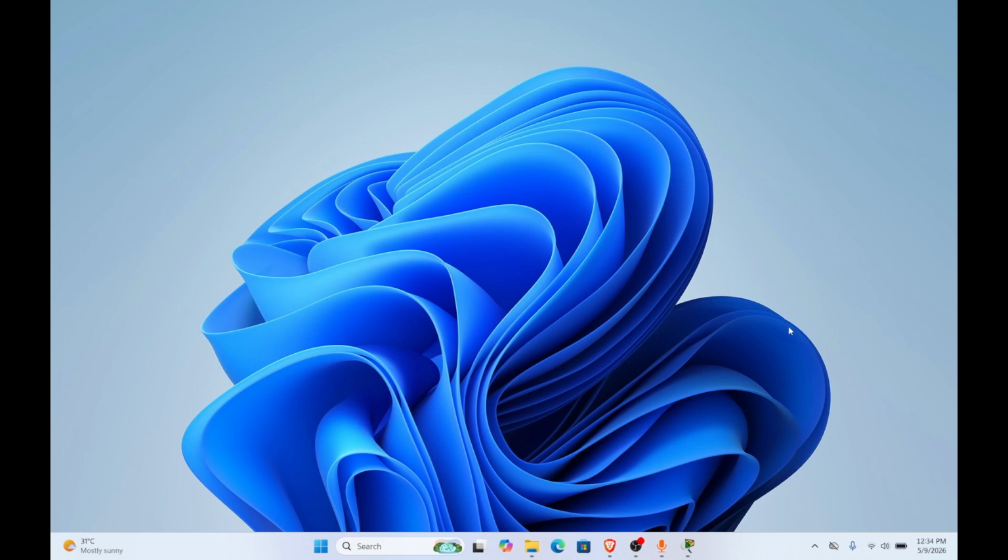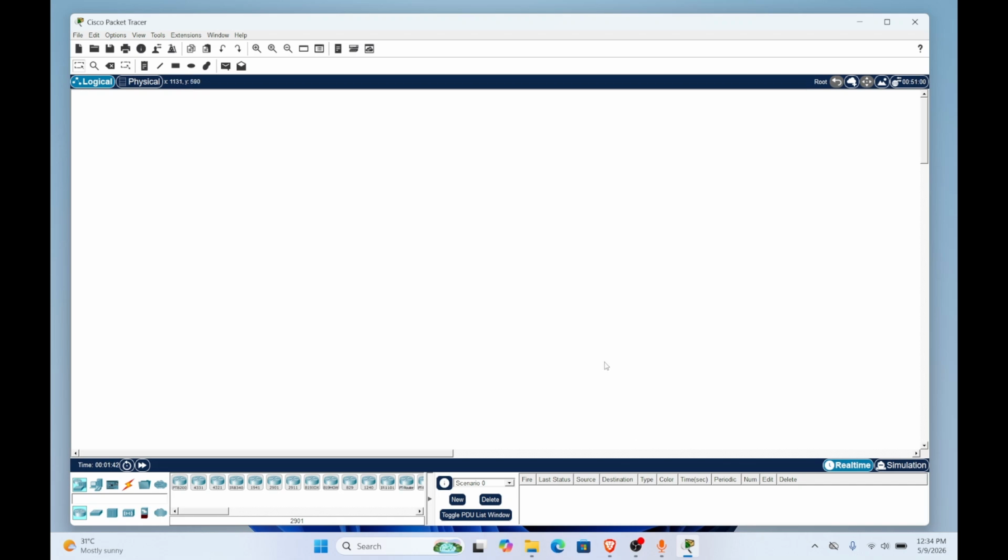Hello everyone. Today I am going to show you basic network configuration in Cisco Packet Tracer. For this, go to the bottom of Cisco Packet Tracer and you will see the network device icon. Select the network device and take any one of these routers